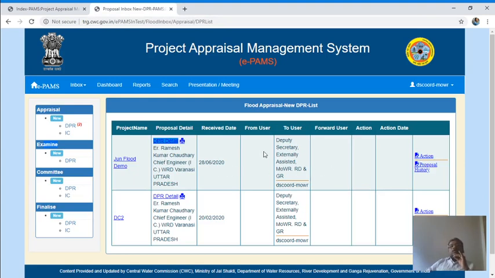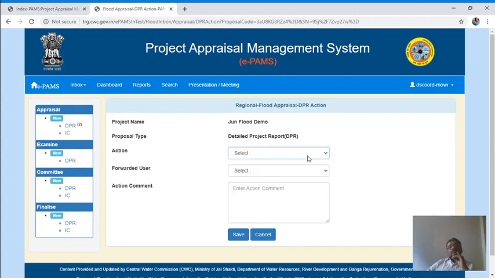Now it is clear that it is with this user. Now this user can take action. In process means keep with himself. Just forward it. It will display chief engineer PPO.